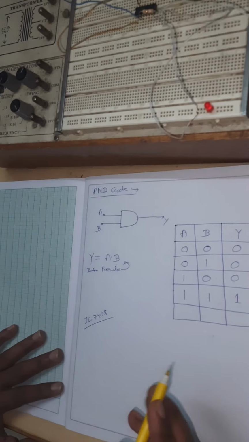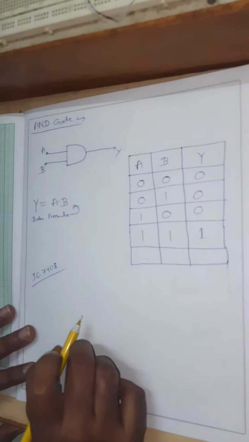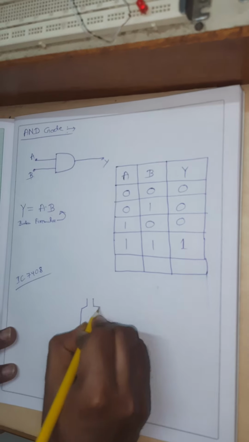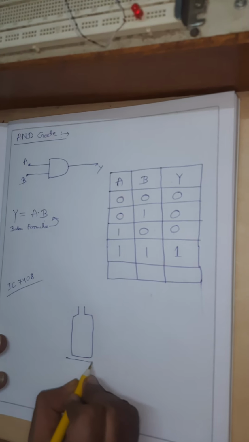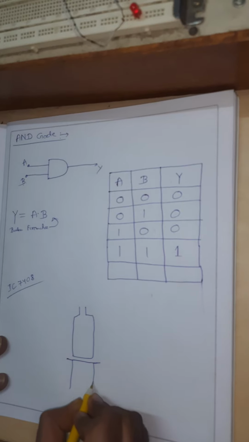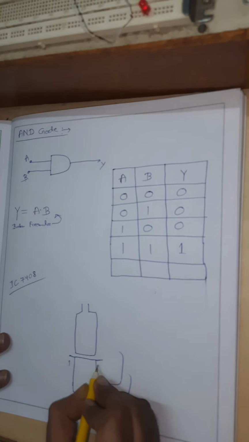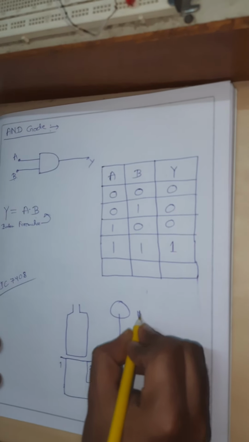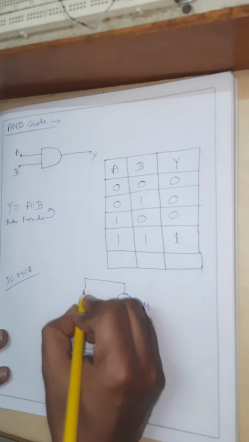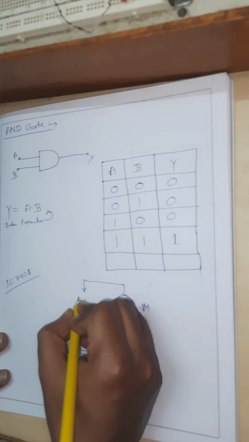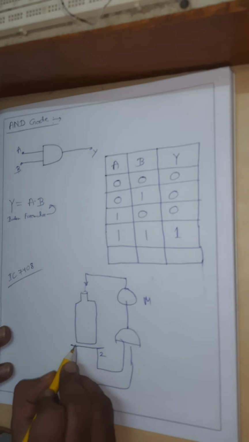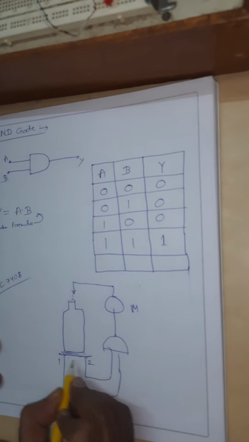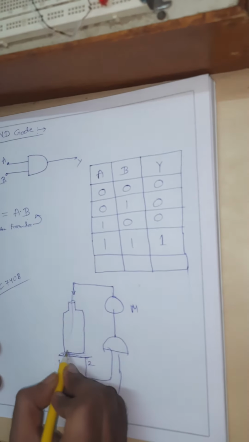Now you can see how we can use the AND gate in our daily practical life. Suppose in a factory there is a Pepsi bottle, and on the resting side there are 2 input points connected to the AND gate. The AND gate output is connected to a motor, and this motor is connected to the inlet side, where the liquid is filled into the bottle. If the bottle is placed in the right position, meaning inputs 1 and 2 are both 1, positive, then only the liquid is filled into the bottle.